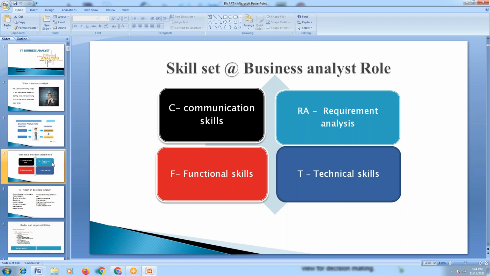Now, remember one thing: as a business analyst, initially, whatever solution you are going to provide will be a business solution, not a technical solution. I'll give you a best example. There is a point of sale system. What is a POS system? A POS system is an application which is used for billing in any organization. It is a system used for the sales and billing of a company. Whatever billing they do, everything is called POS.